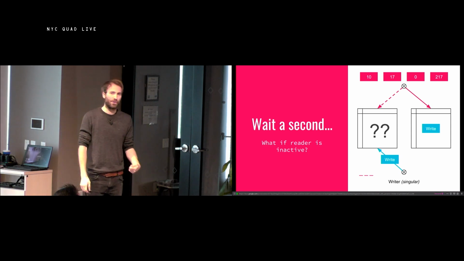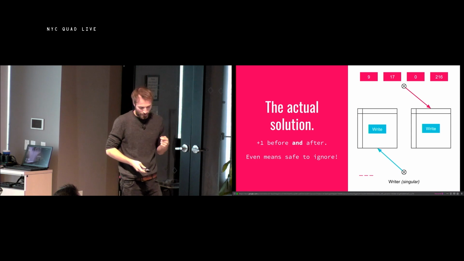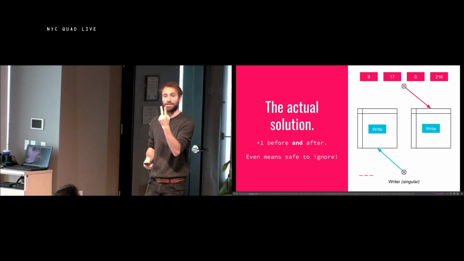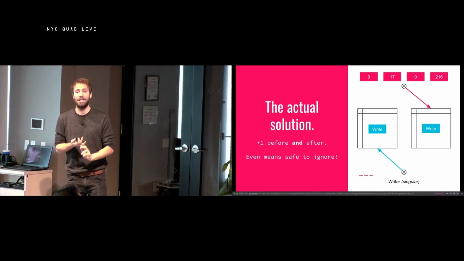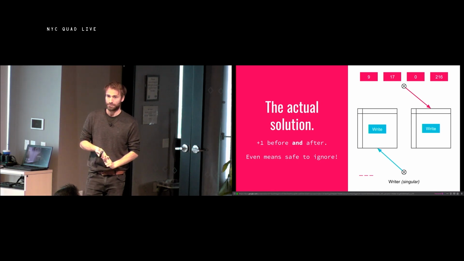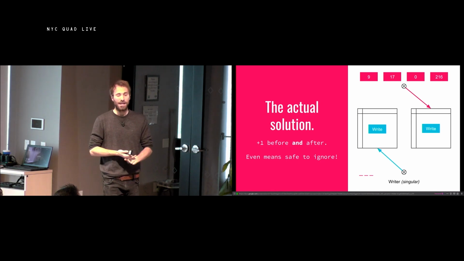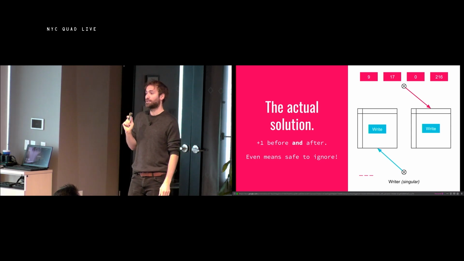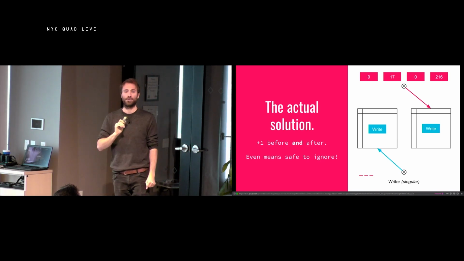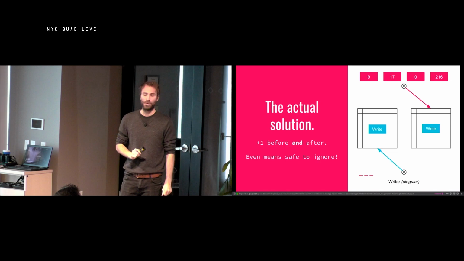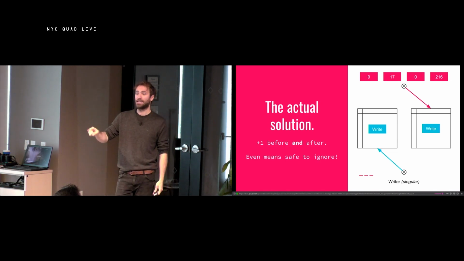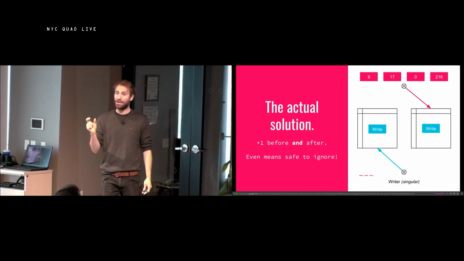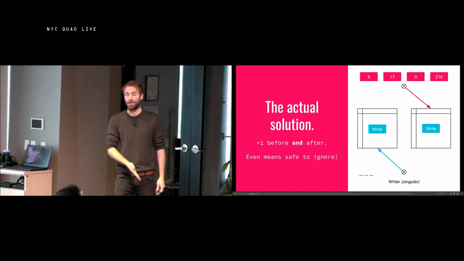So we're going to pull another trick. We're going to say that you're going to increment your epoch counter twice. You're going to increment it once before you start reading, and again after you've finished. So what this means is that if you ever observe a counter to be even, then you know that that reader is not reading the pointer. You know that that reader is inactive. So again, we still have the guarantee that if you see it increase by 1, you're all good. You can ignore that reader. We have the additional constraint that if you ever see it being even, you can also ignore that reader.